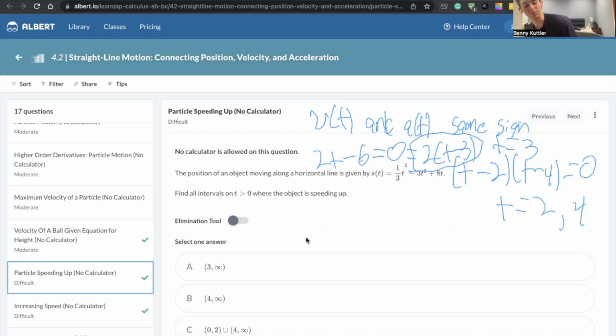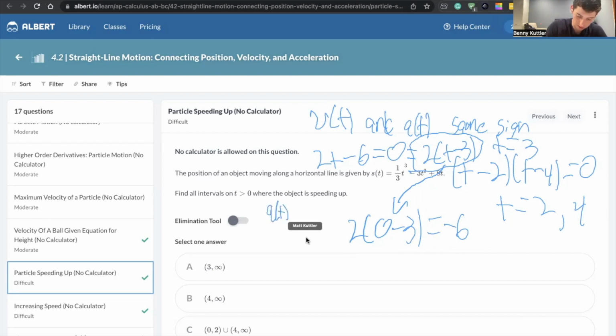Still not that clean, but we can work with it. So we know that when something equals 0, it's changing sign at that point for these simple polynomial functions. If you plug in, let's say 0, which is less than 3, we have 2 times 0 minus 3, which is negative 3 times 2, which is negative 6. So we know that when the time is less than 3, the acceleration is going to be negative. So a of t is less than 0